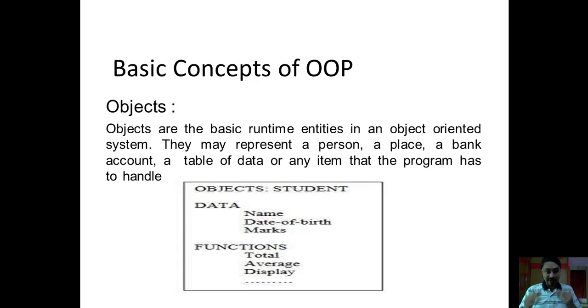So probably that person is a service manager, so he has to provide the service, or that person is a loan manager, so he has to work on the loan sanctioning. So these are nothing but some sorts of functions that an employee object has to perform. So this is how we will start thinking in object-oriented programming.